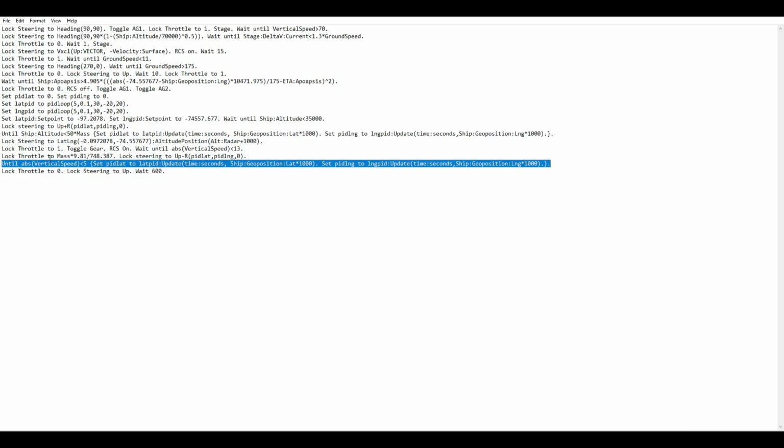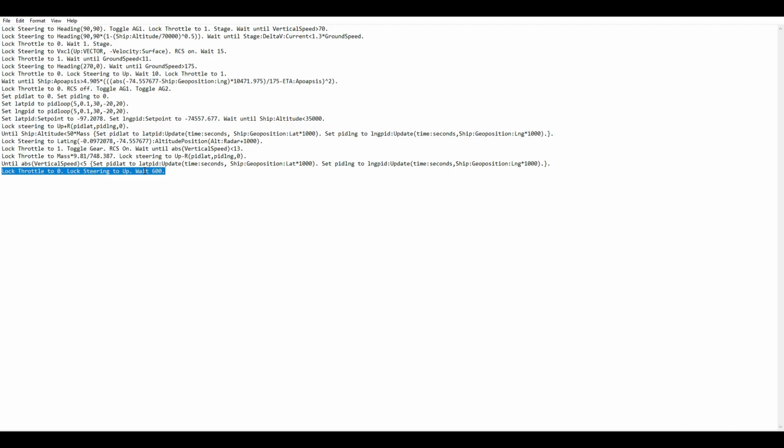And again, vertical speed is negative, so I just use absolute value, so that it is a scalar quantity, and it doesn't have any direction information anymore. Below 5 meters per second, it will lock the throttle to 0. And because sometimes the rocket might try to tip over a little bit if it had some horizontal velocity, it just locks the steering to up, so that the RCS,